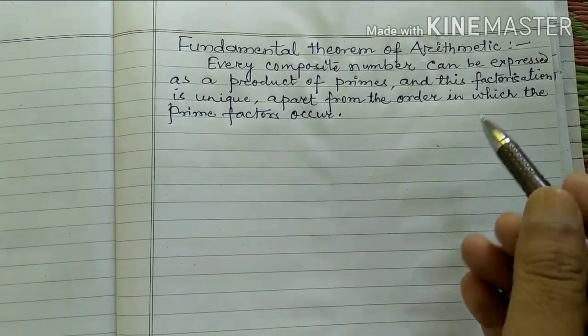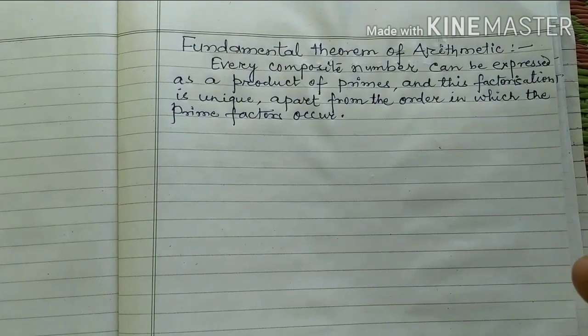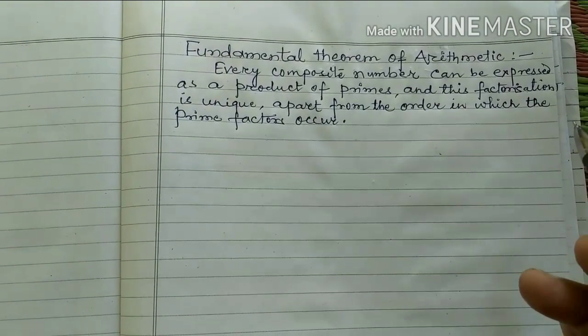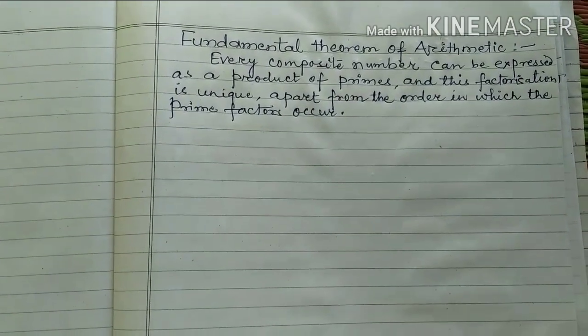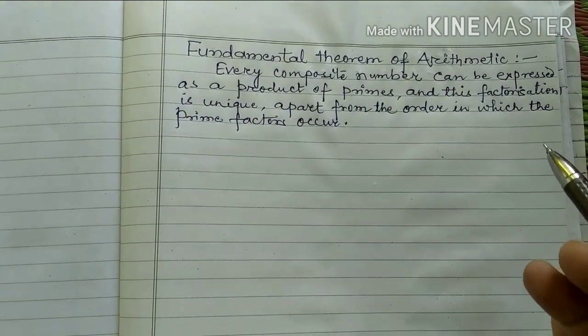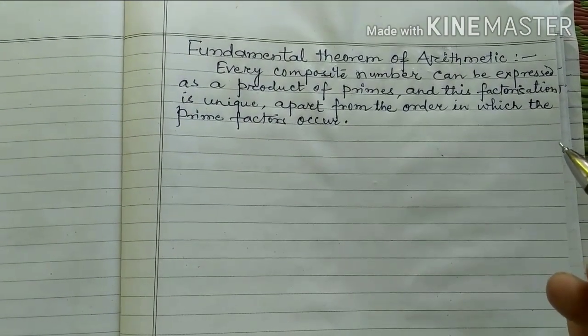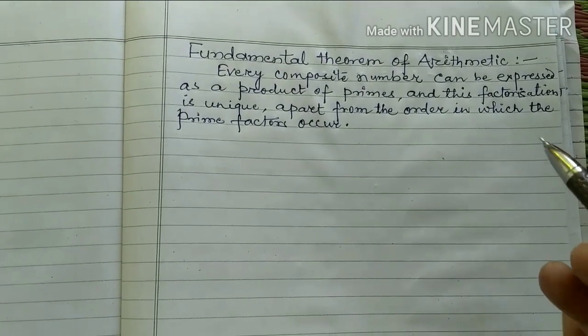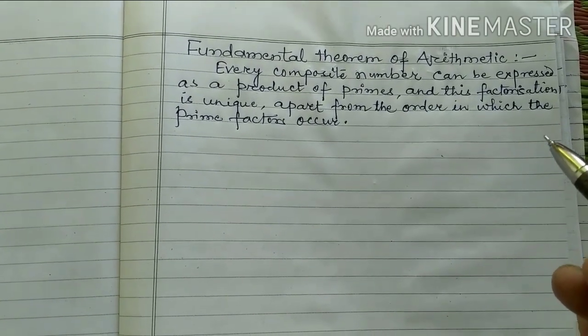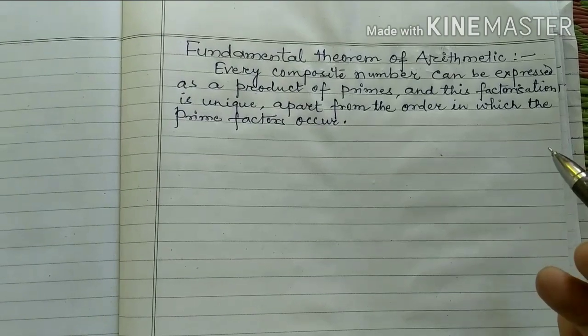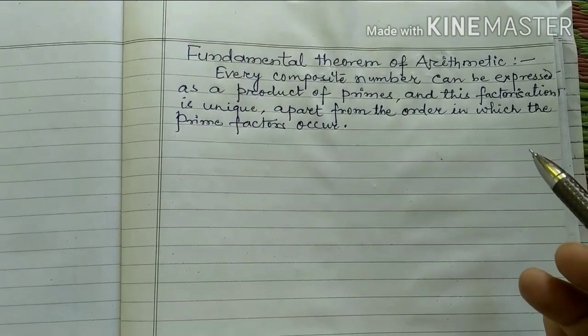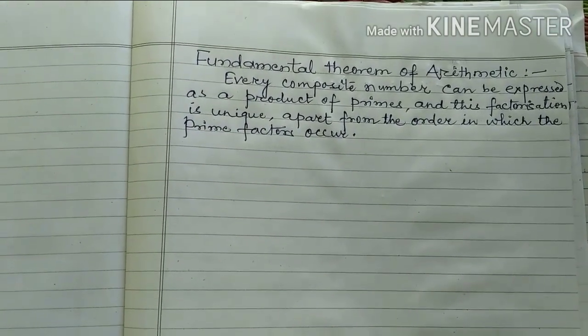It says that every composite number can be prime factorized, meaning you can write it as the product of primes in which the order of the occurrence of primes can be changed, but the complete prime